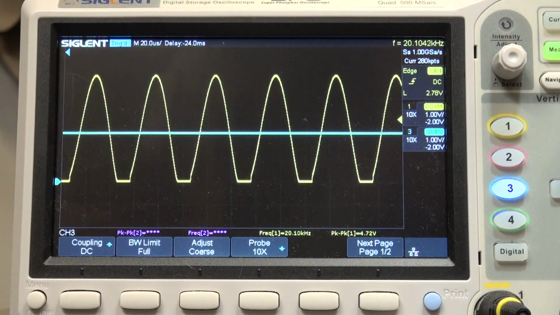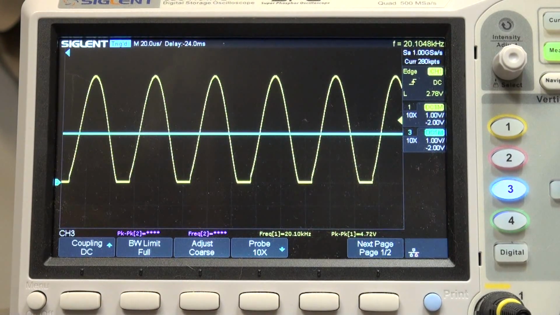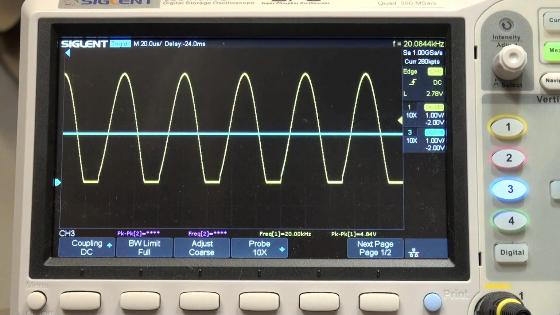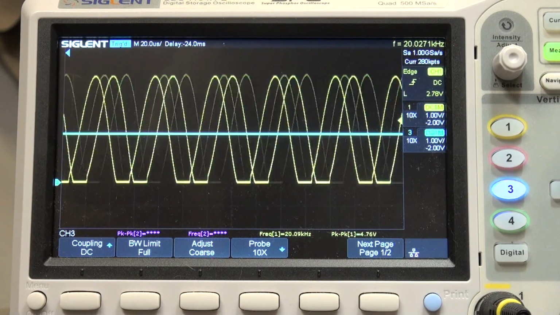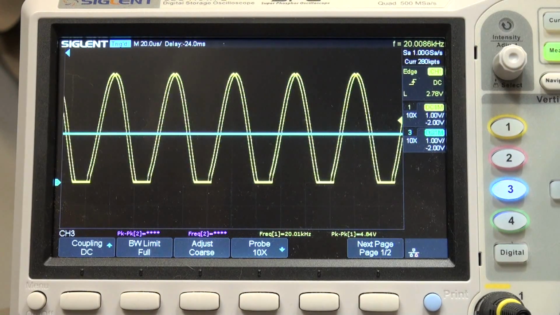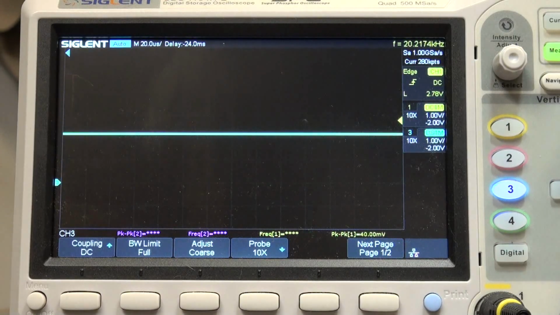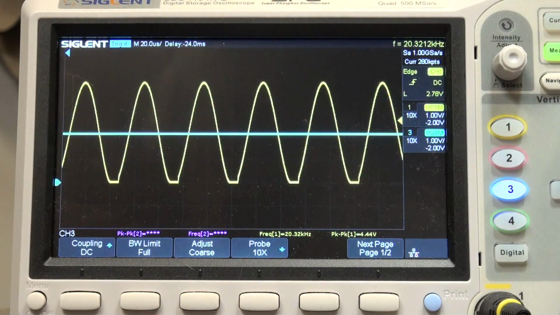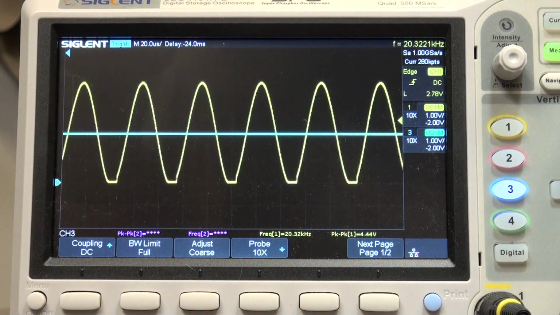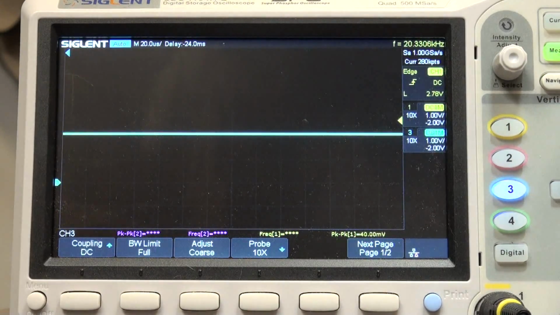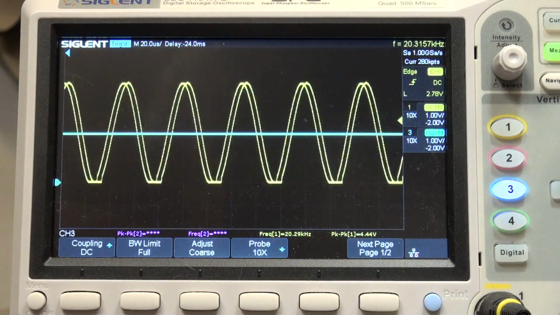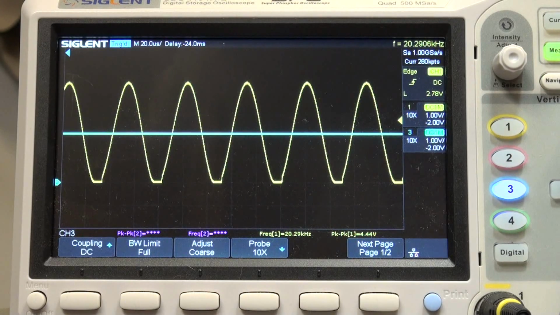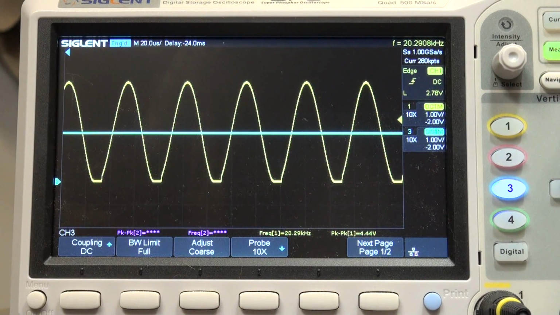Unexpected gain increase. Let's see if I can reduce it. Not really. I'm adjusting the amplitude adjustment pot, but no, can't do it. Now the distortion pot should also have some degree of amplitude adjustment, although the amplitude output disappears altogether. So this is operating at 5 volts, so it doesn't give me a heck of a lot of adjustment anyways,